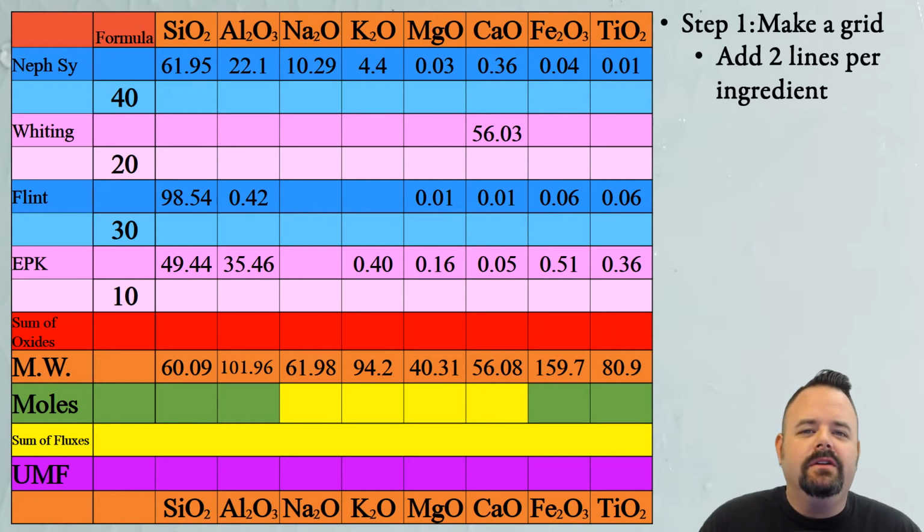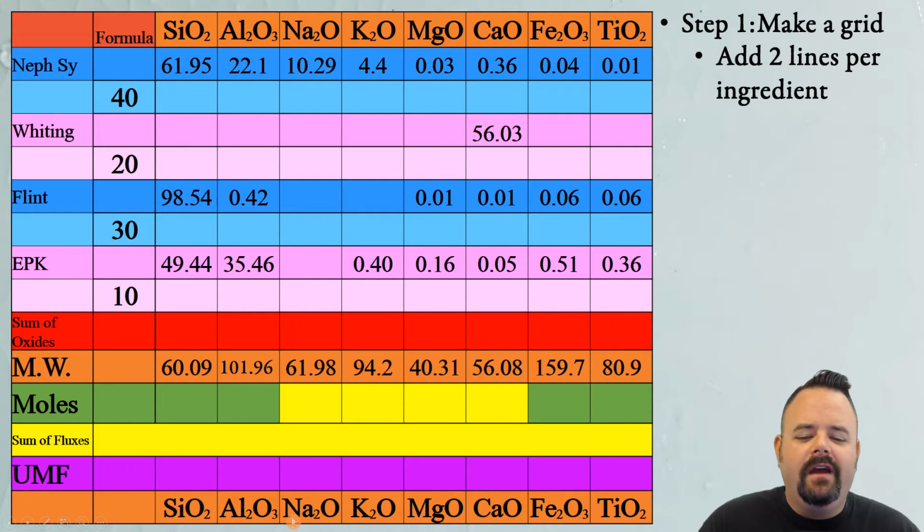Now, this particular chart is the way I would lay it out, and I've got 10 columns and 15 rows. It's pretty simple what you need. You are going to need 2 rows per ingredient. So here's nepheline syenite, and it's got 2 rows. You're also going to need 5 rows at the bottom: the sum of the oxides, the molecular weight, the moles, the sum of the fluxes, and finally our UMF results